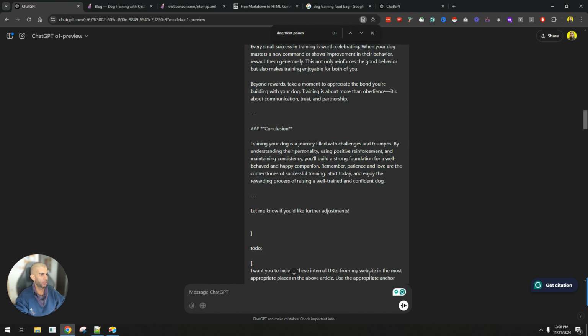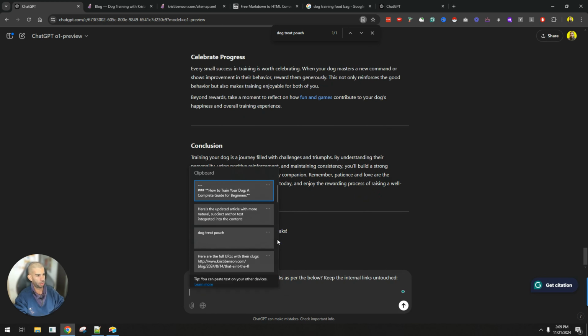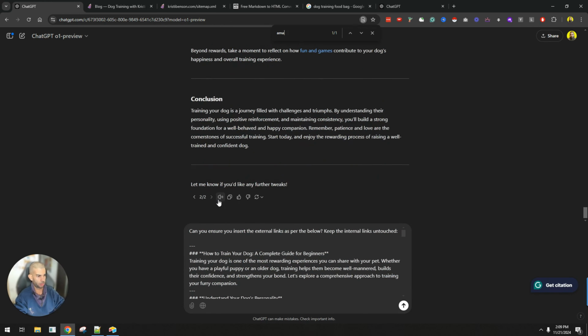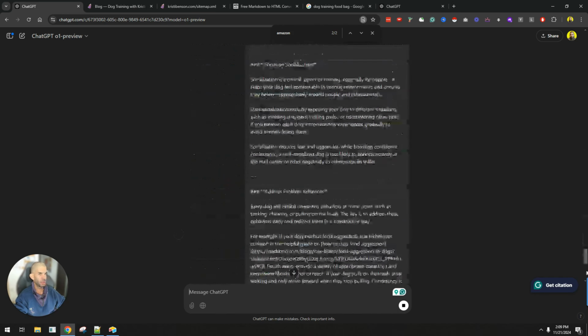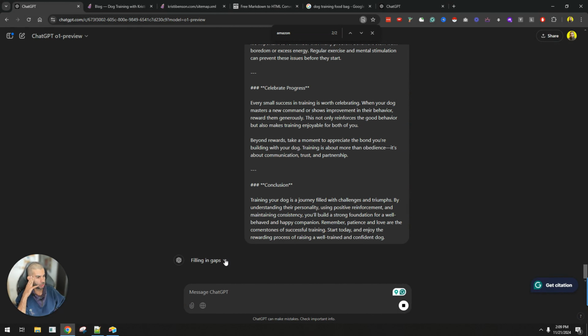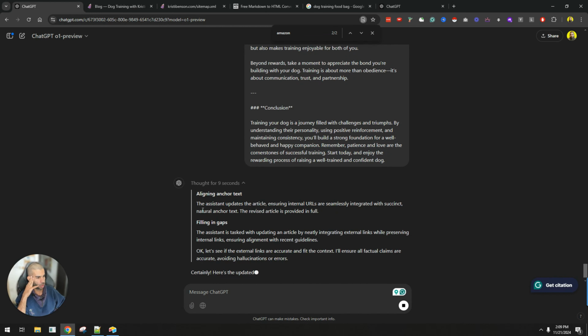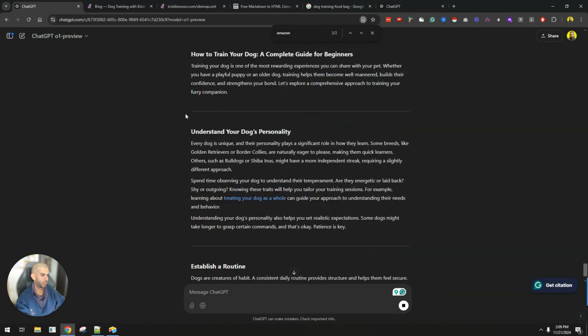And now say, can you ensure you insert the external links as per the below? Keep the internal links untouched. I'm just going to paste in that, which has, for example, the Amazon link. Let's see. And this will take a bit more time because, as you can see, it's doing a bunch of stuff. So it's aligning anchor text, filling in the gaps,